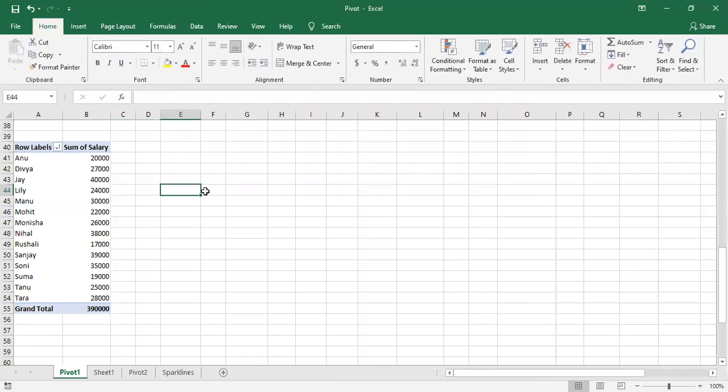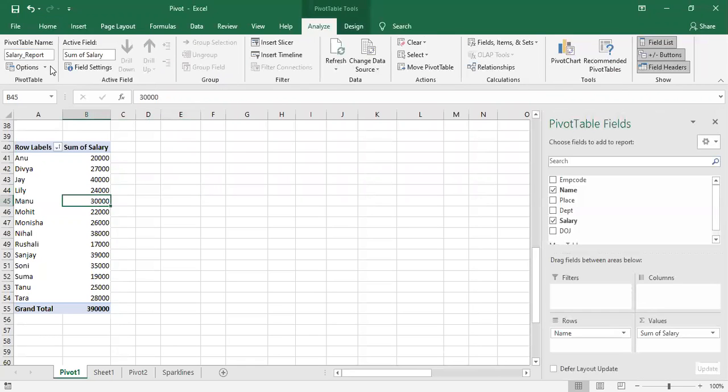Now I'll click outside. So it was renamed as what? Salary report. Now, if you want to make some changes in this, meaning I don't want to view my data in the same manner, I want to change the style of this pivot table. So to change that view, what you need to do is select here